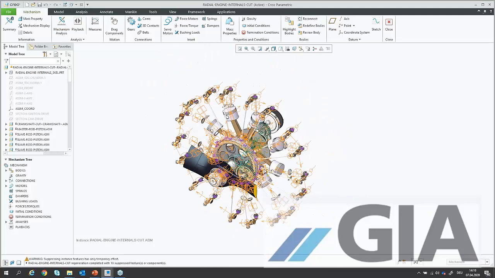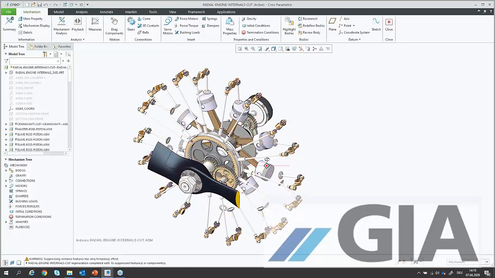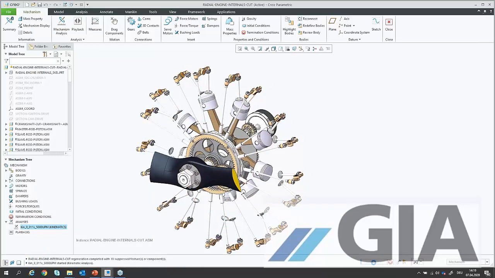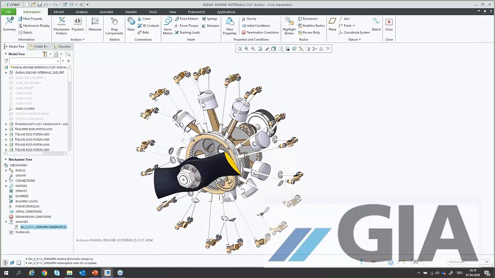This radial engine has, let's say, 10 cylinders, and therefore I really think 150 connections are inside. And of course a kinematic analysis is already defined. I can start that one, and here a little trick: if you have a very, very big assembly and you want to run that one, it takes quite a long time. So you can stop the analysis, and by holding down the right mouse button, you see the settings, and you can